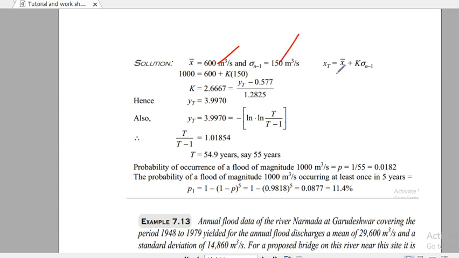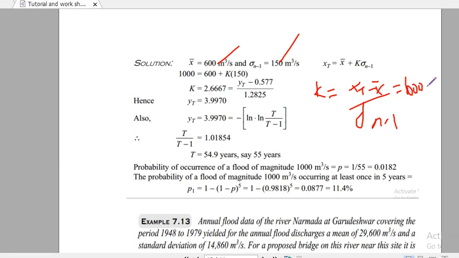Now it is a given value. Then x equals x bar plus k delta n minus 1. From this we can estimate k, the frequency factor, equal to xt minus x bar over delta n minus 1. By using this formula we can estimate kt. Now xt is 1000. xt is equal to what? 1000